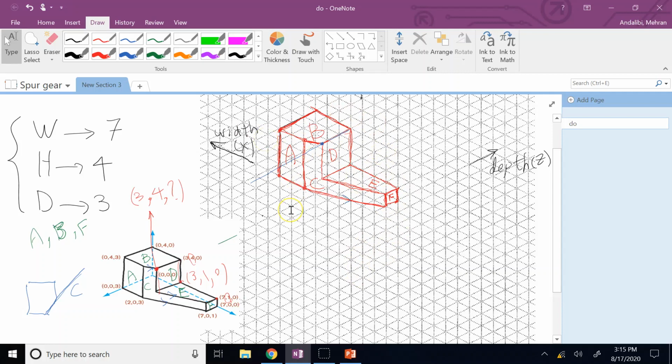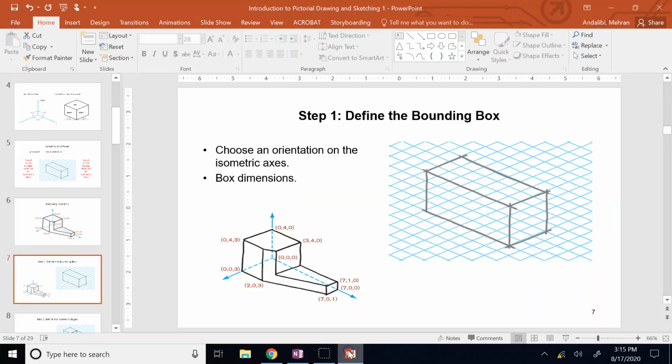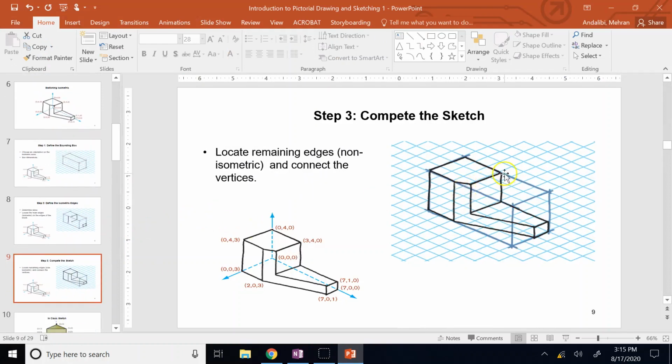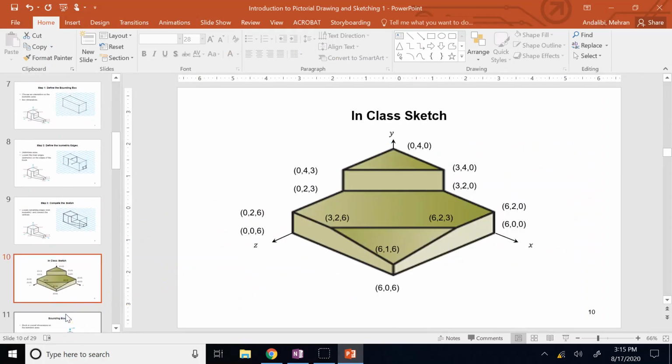So this is one practice for drawing isometric. Okay, and here you can go through steps. Now there is another one here, and I can do this one as well. Let's actually do it. Just since you have enough of practice, then when we come to class, I'll give you more problems to practice on. But if we want to do this one,